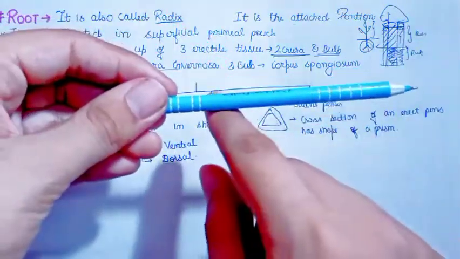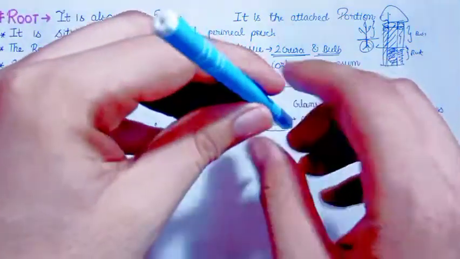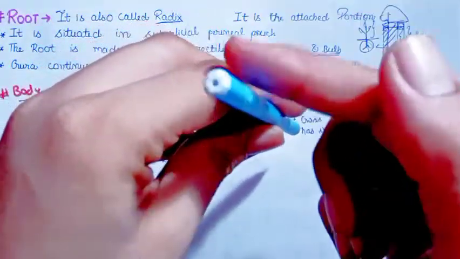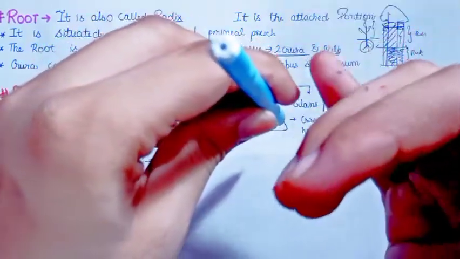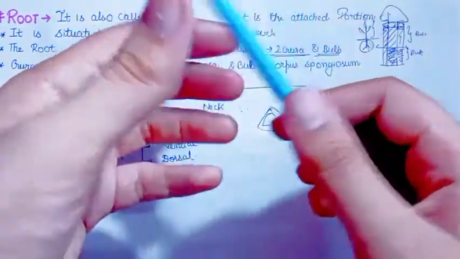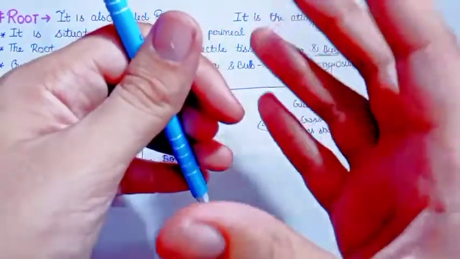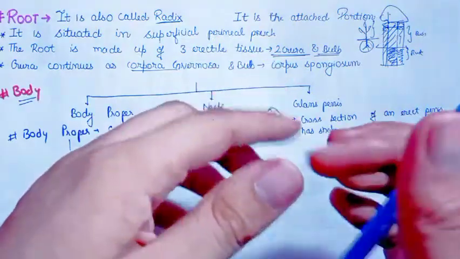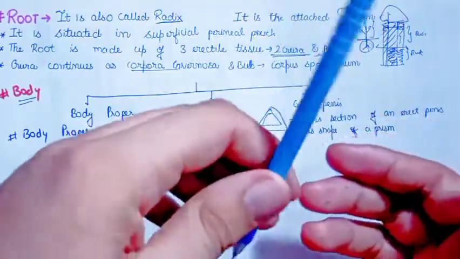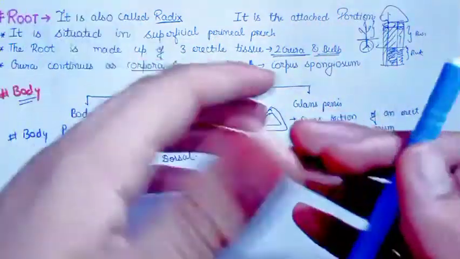So it has a ventral surface, and I hope you understand where the ventral surface is located now, and it has a dorsal surface. The dorsal surface has a very important structure called the dorsal vein of the penis. If you want to know where it originates and which pouches it passes through, you can watch the video on the superficial and deep perineal pouches of the perineum. That video I will be uploading soon.